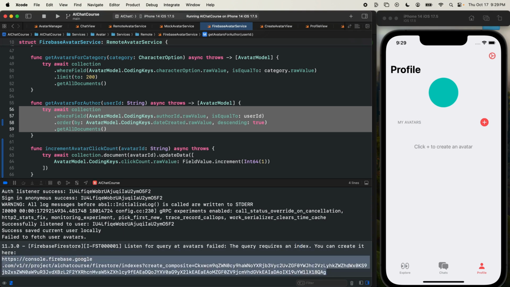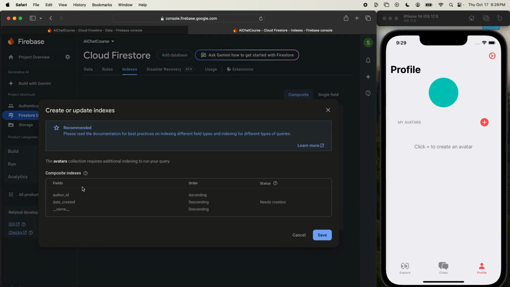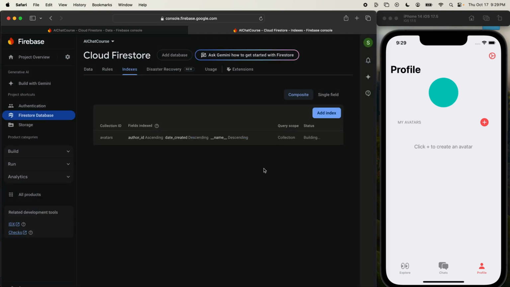All we have to do is copy this link here and open it up in a browser. So in your browser, it should bring you right into your Firebase project. And then all you need to do is click save. So this is a query for the author ID plus the date created. Let's go ahead and click save. There is a limited amount of indexes you can add, but I've never hit that requirement. You can also just delete them if you no longer need them. This will take maybe 3 to 5 minutes to build, but once it's done, let's go ahead and rerun the